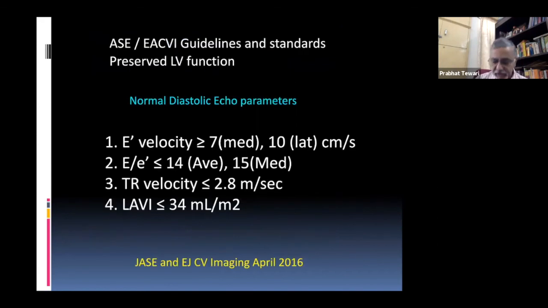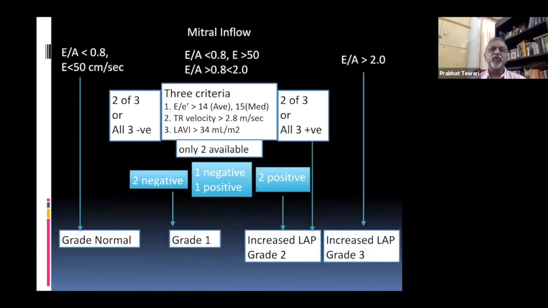Now there are certain 3 or 4 slides I immediately look into. That what are the ASE guidelines of the parameters? These are the guidelines. Now, how do we look into it? Mitral inflow, we look at the E/A ratios, all right? If it is less than 0.8, probably normal. If it is more than 2, then it is actually grade 3. In between,